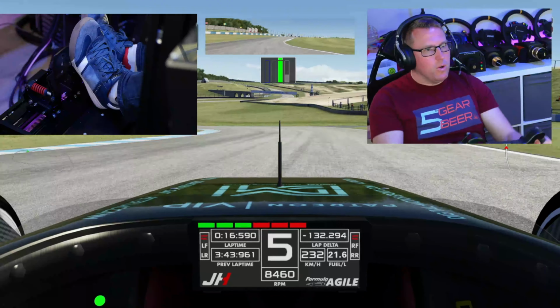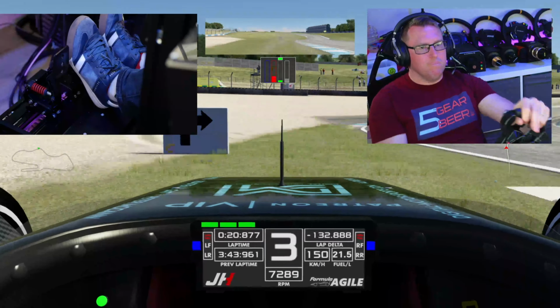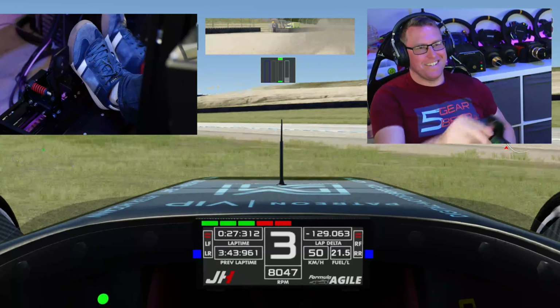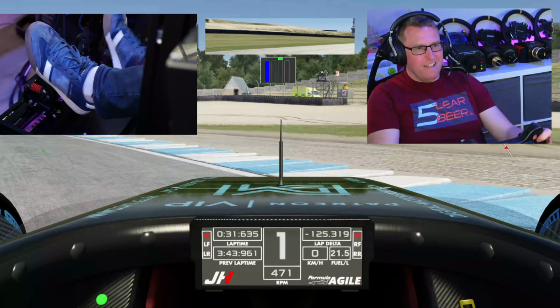So we'll try again going in here into the old hairpin. Oh no. I just need to get used to it, but the theory is sound. My driving in practice is not that sound. Then we're back to front. That clutch though,